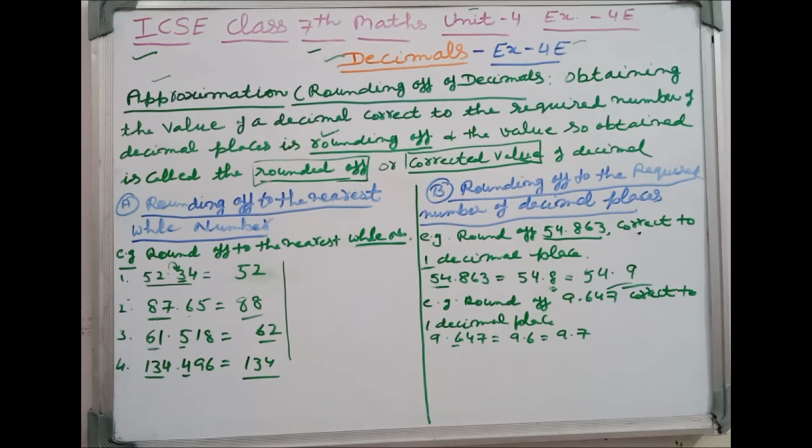9.647 rounded back to one decimal place is 9.6, right? Now we will take another example, round off